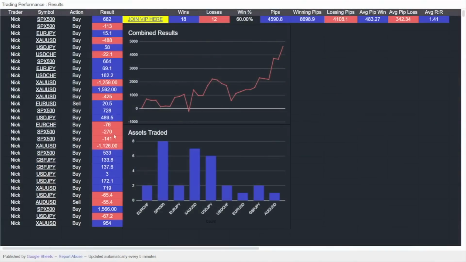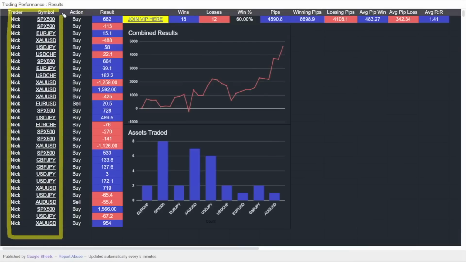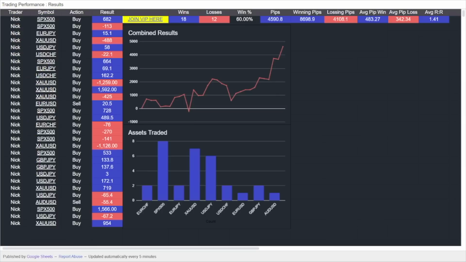Take a look at this. This is some recent performance. These are lots of different trades that I've had over the last few months. If you would like to see all of these trades, we share them inside of our Discord channel throughout the week. We share lots of different stuff. When I say we, it's myself and Frank. I have yet to pull in Frank's data, but his will be in here soon. I just put together this spreadsheet and exported data from our trading logs.